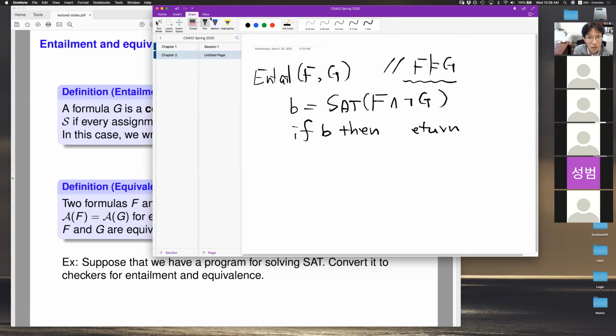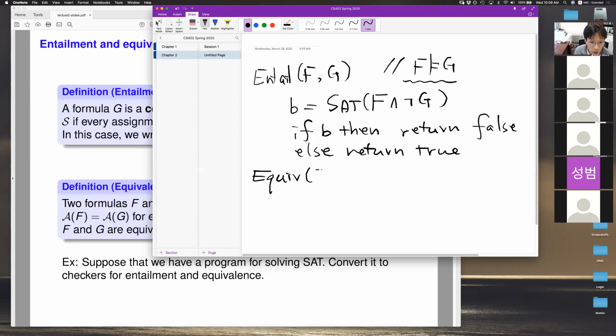Okay. Will return false. Otherwise, return true. So the high-level idea is pretty much the same. We use a SAT solver to find a counterexample, and then the absence of a counterexample means some property we care about is true. And then the equivalence check, we can directly encode